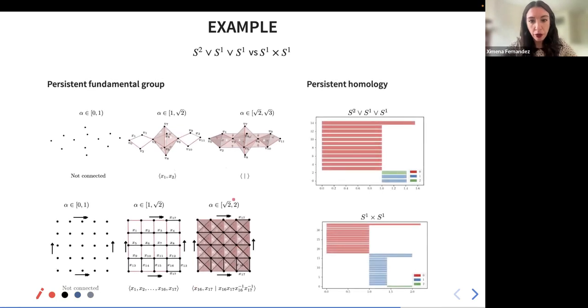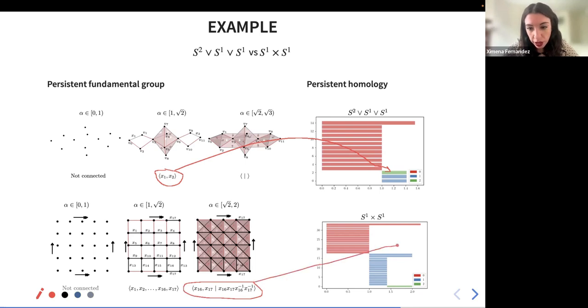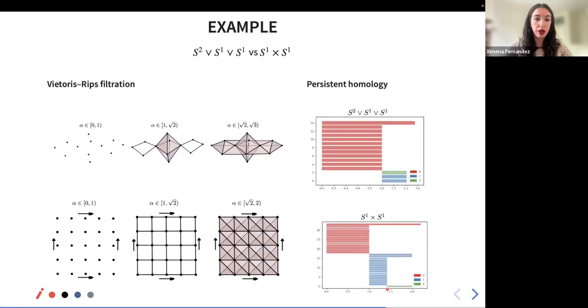If you compare with the persistent barcode, you have here 2 generators in this interval that are associated to this free presentation, this free group. And here you have this presentation that is associated to this interval if you compare with homology, and also this free group that is associated to this interval here. So, we have some way to compute all these morphisms and all these,